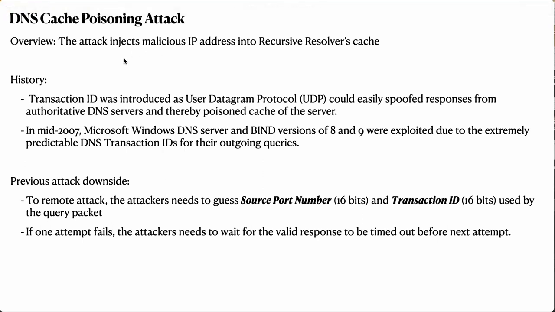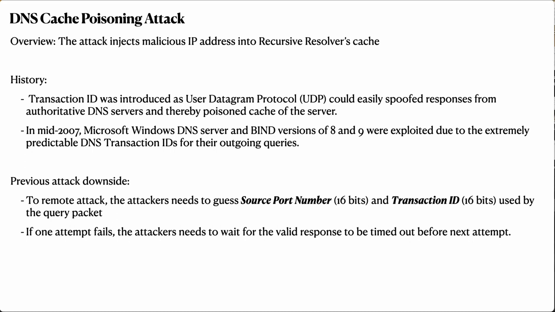The attack is trying to inject a malicious IP address into the recursive resolver's cache. History of this attack: the transaction ID was introduced because the attacker could easily spoof the responses from the authoritative DNS server and thereby poison the cache of the server. But in mid-2007, Microsoft and BIND 8 and 9 were exploited due to the extremely predictable DNS transaction ID for